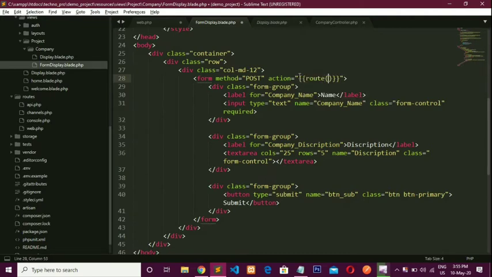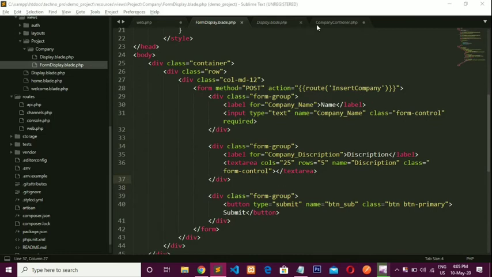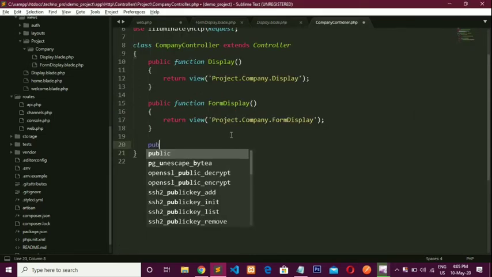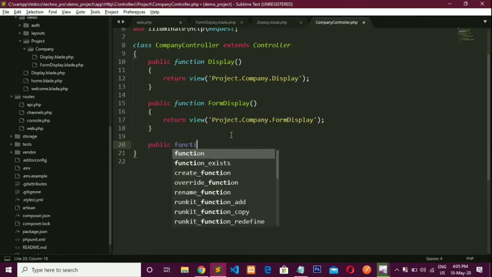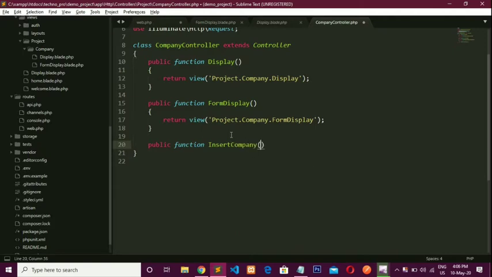Okay, so its name is inserting data. Write the code in the company controller's insert method, public function, and our method name is insert company.